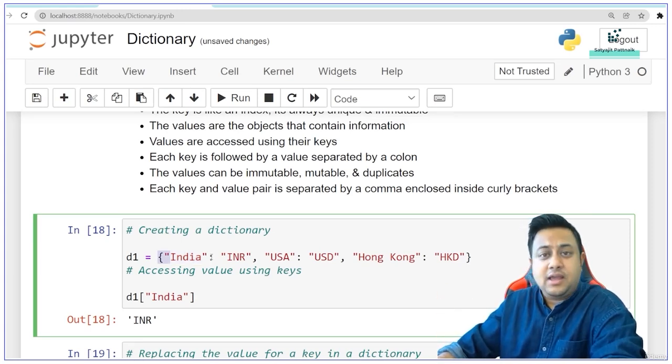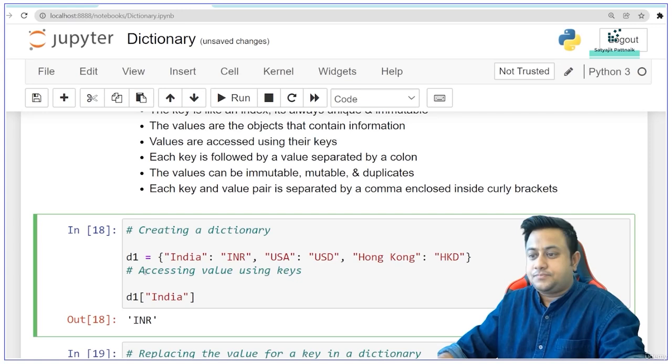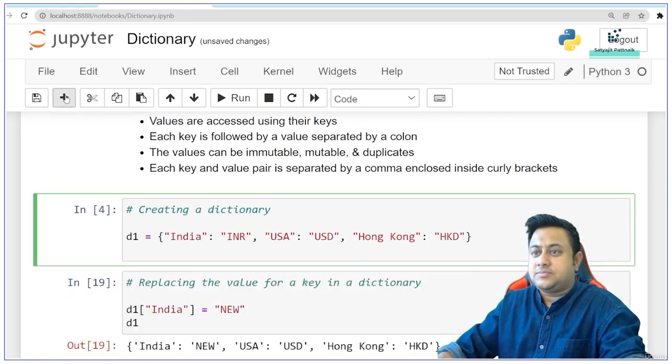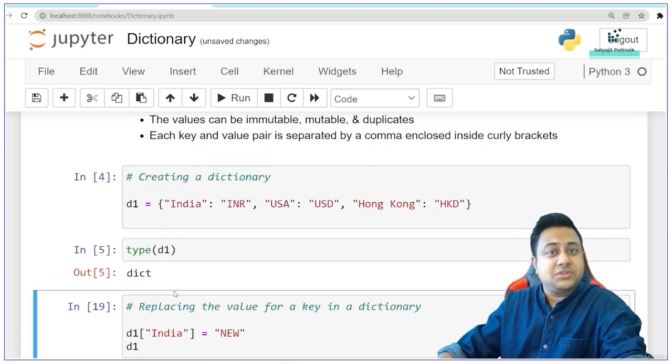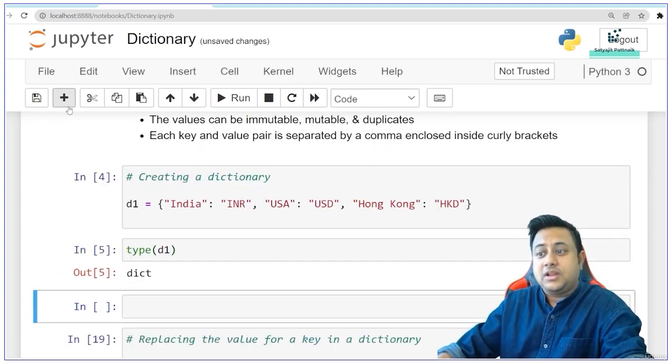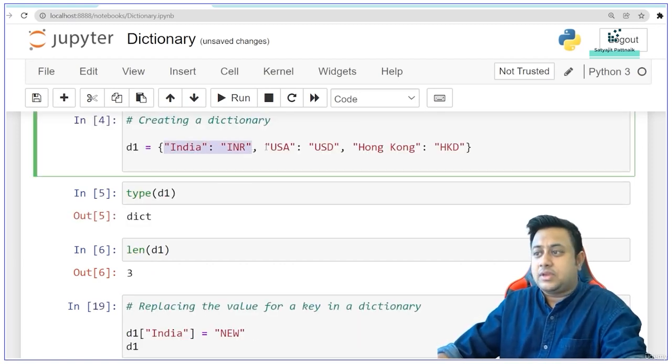So we have India, INR, USA, USD, Hong Kong, HKD. So we have three attributes. Now I run this, my dictionary is created. If I want to check what is the type of this one, the type is dictionary. What will be the length of this one? The length will be 3